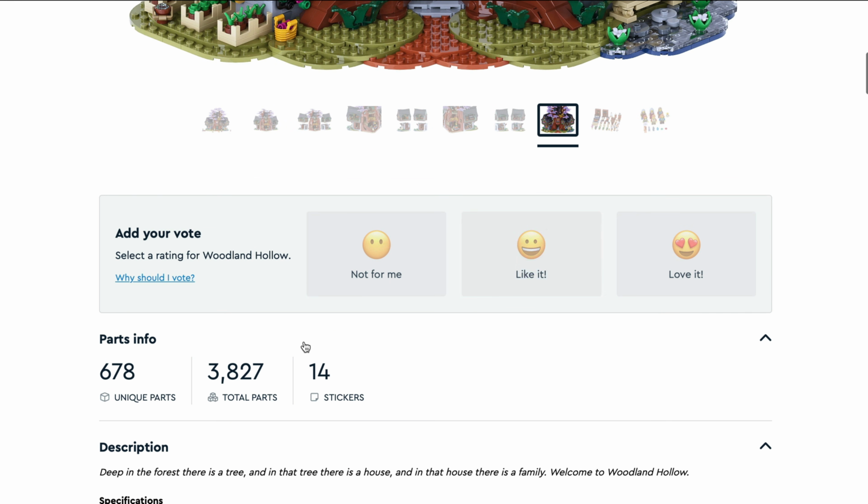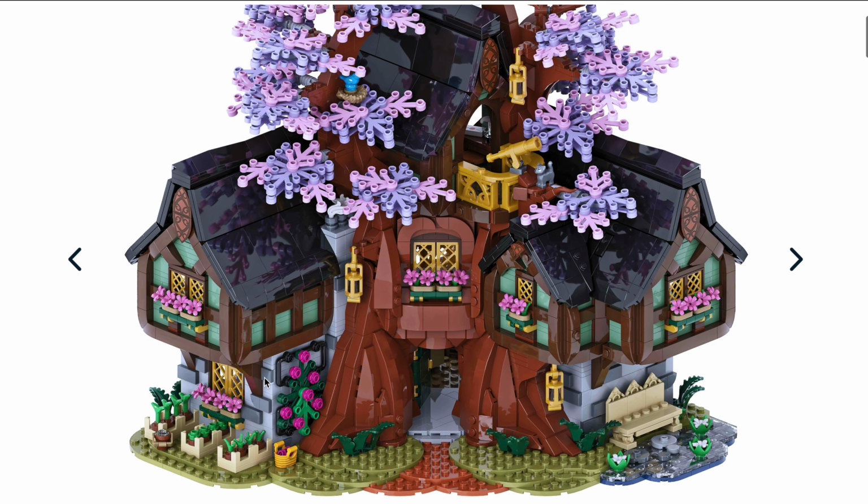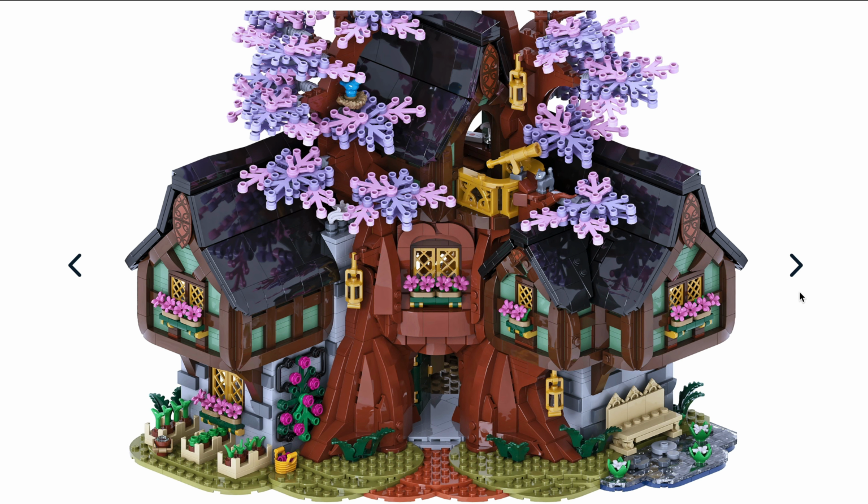This is a set that comes in with 3,827 pieces. It is another really big build, but it's very different again and really beautiful. I love the shaping that goes on here. If you enjoy the sort of fantasy builds, here's something that could really fit in quite a few different places. I am sort of thinking Lord of the Rings Hobbit sets again, it's not going to be out of place,